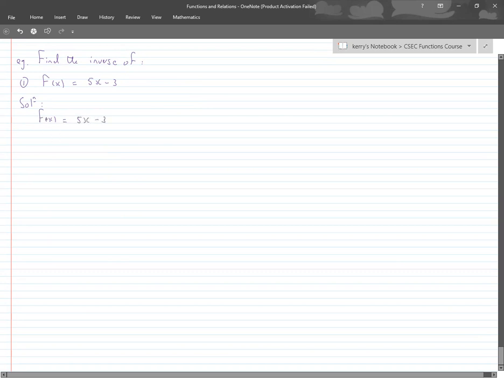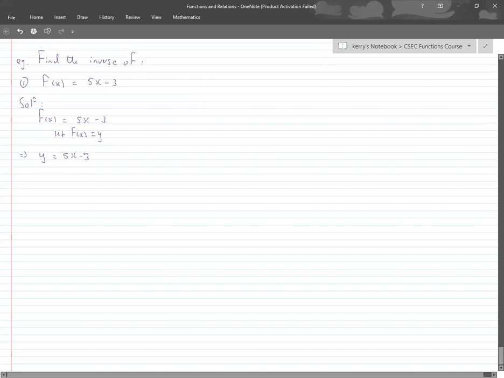Now your next step is, and this step is for simplicity, right? Remember our f of x is really our output values. So we let f of x be equal to y. We replace f of x with y, so it's a lot easier to work with now. So y is equal to 5x minus 3, because to get each y value, this is what we do